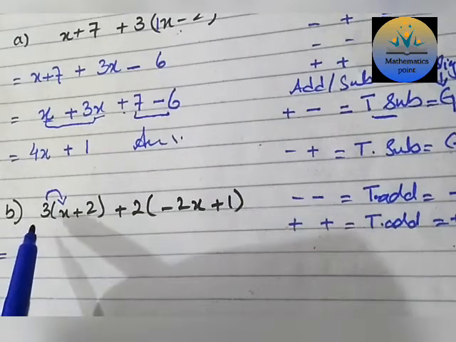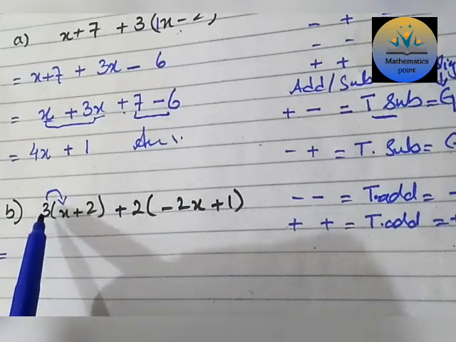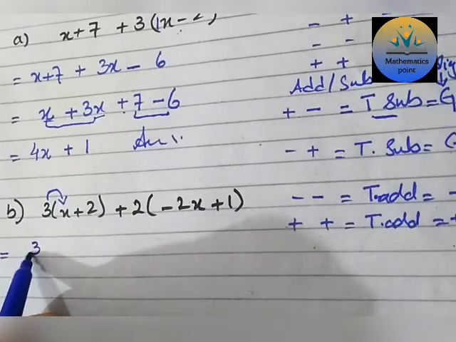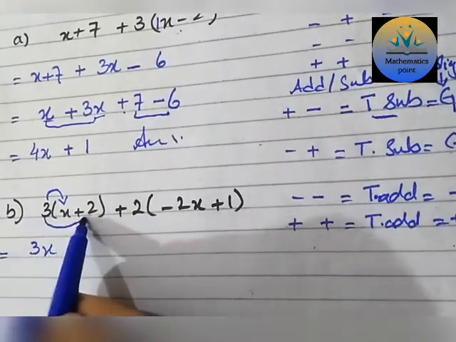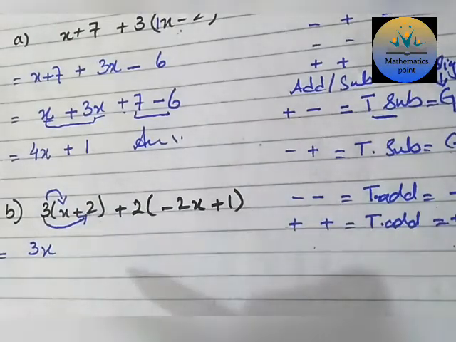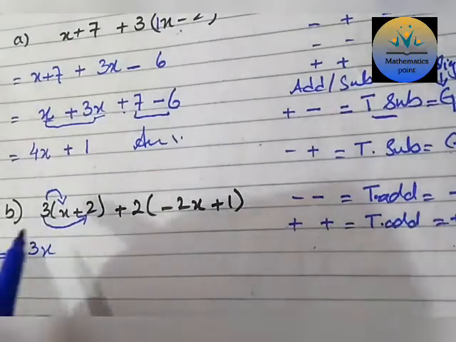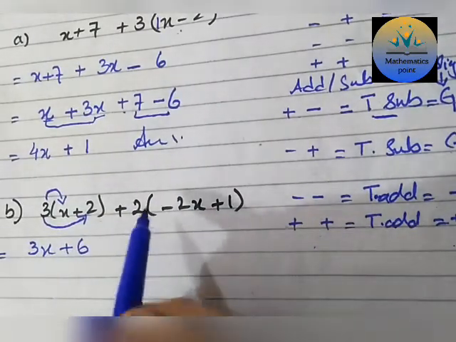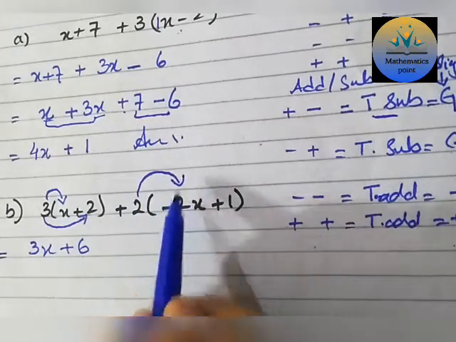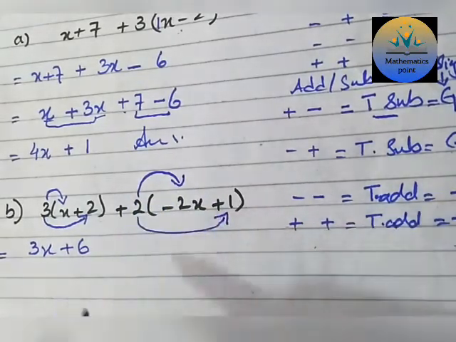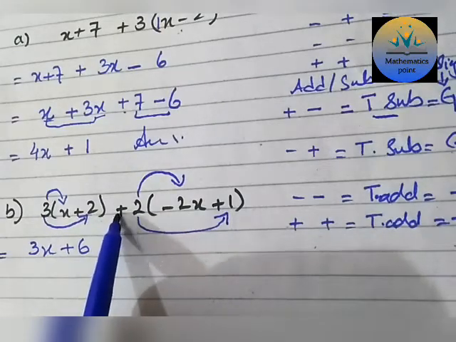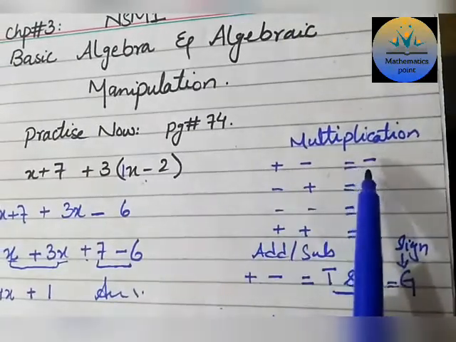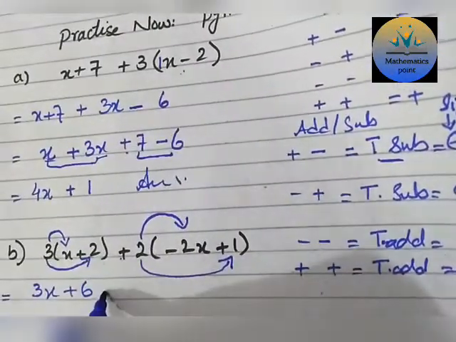What is that? First of all you have to multiply the term that is outside the bracket with the first term inside the bracket, 3x, then this term with the second term that is inside the bracket, and so on if we have more than 2 terms inside the bracket. So plus plus plus, 3 2s are 6. Then again these two will be multiplied firstly with the first term and then with the second term. So multiply the sign also. Again plus minus, in multiplication you just have to go through the chart. Plus minus is equal to minus. So we write down the minus here.